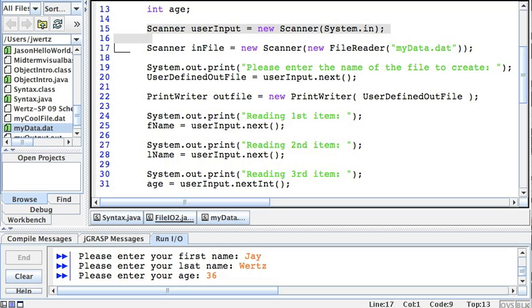I have this input scanner because I'm going to ask the user to enter the name of the output file to create. I've hard-coded the name of my input file. And then what I'm going to do is ask the user to enter the name of their output file, just like we did in the last piece of code. I'm going to go ahead and set up that output file. I'm going to read the information in from my input file, and I'm going to use InFile to do all this. I'm going to store those items